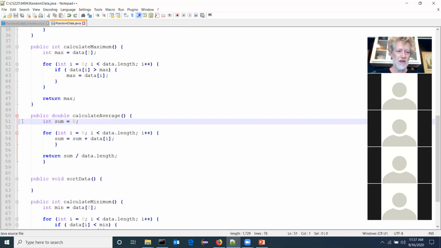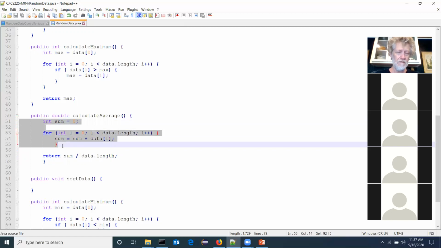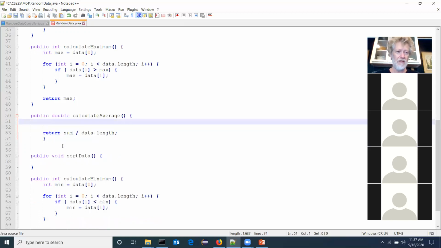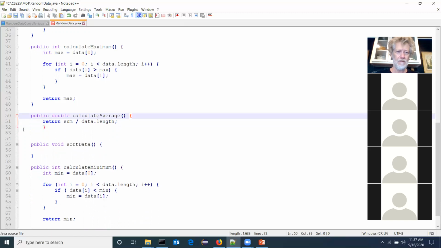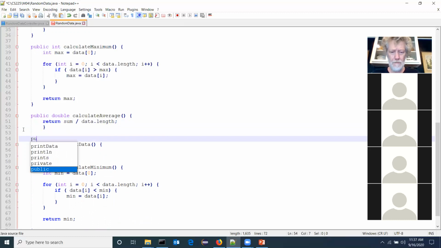The other thing, though, is look what I did. I did 2 things, right? We said calculate average was 2 things. It was sum and then divide by the number. And if it's 2 things, I want my methods to do 1 thing. So I'm going to get rid of that. And I'm going to write a method called